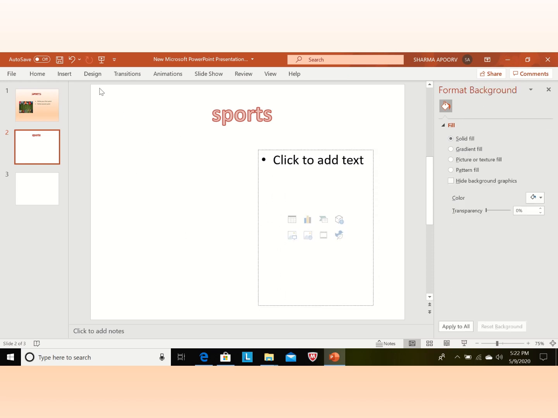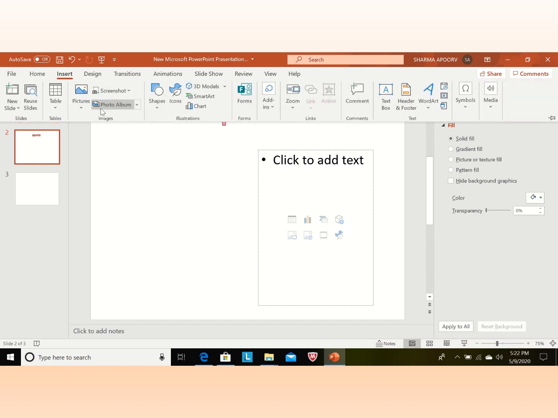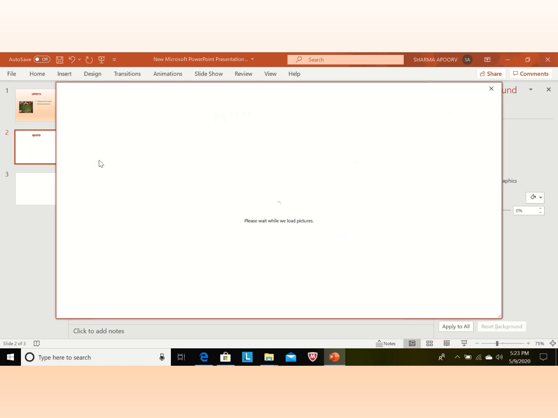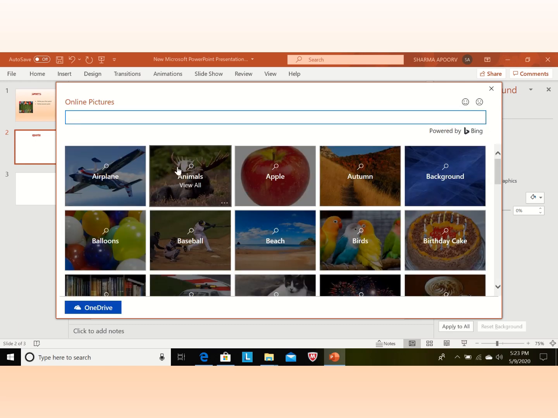And first I will insert picture. We have already used this option, this device. Now I am using the option online. It means we are using the internet. If we want to search for a picture on the internet, then we use online pictures. These are the different categories.